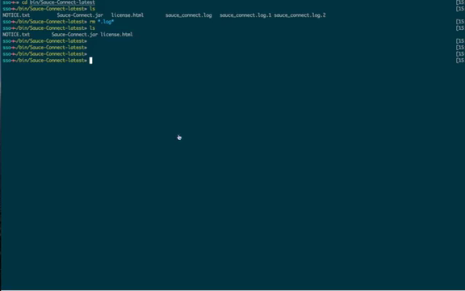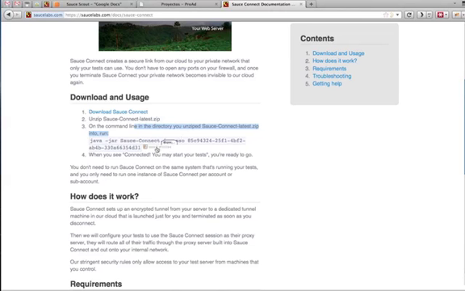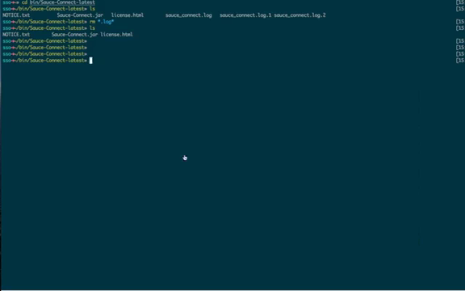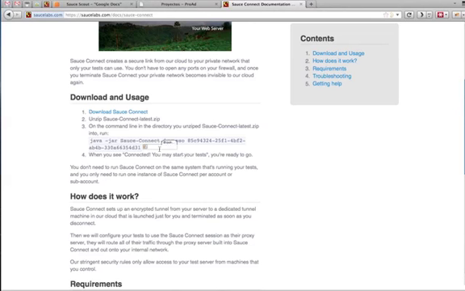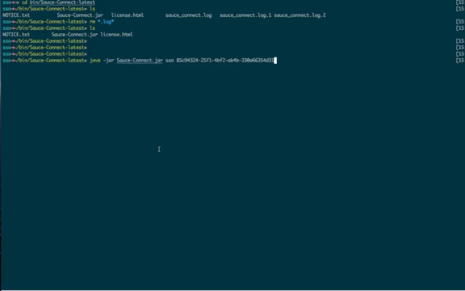So basically, once you're in, all you need to do is just copy what we give you from our website into your clipboard by clicking on this paste button, and then just paste it in your terminal. As you can see, it's basically java -jar sauceconnect.jar, and then my username and my access key. So that's what I did. When I hit enter,